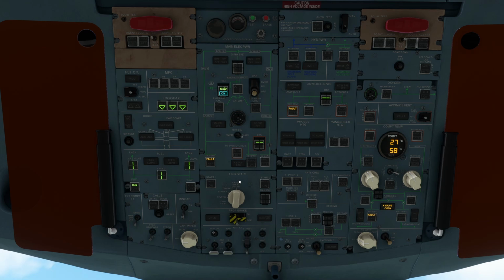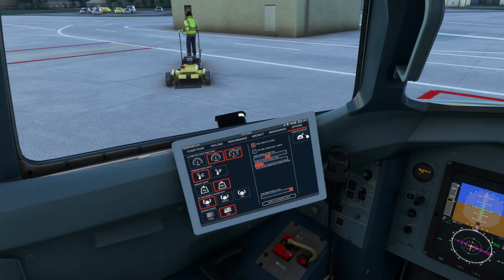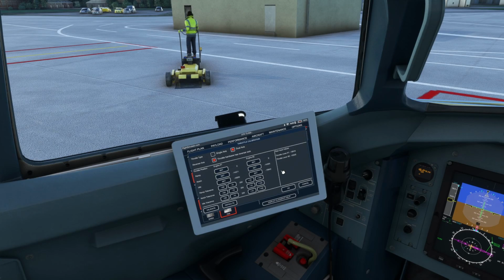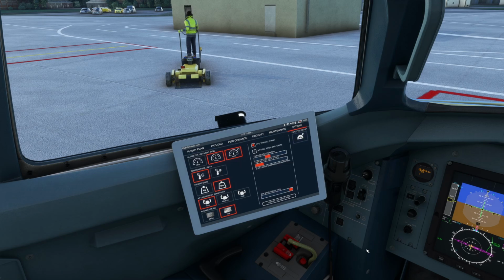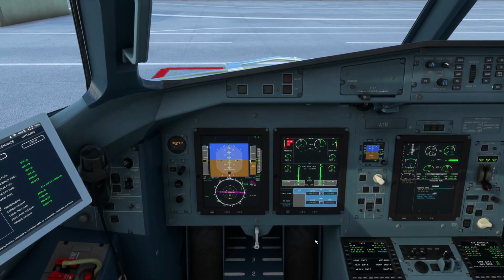Again, I could probably fix this by recalibrating my throttle in the EFB under options, throttle setup, reconfigure these numbers for just a little bit higher, and we'd be okay. Okay? But I'm not going to worry about it. Okay, so next,